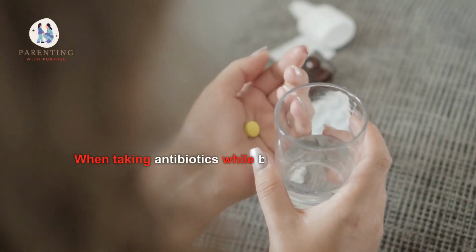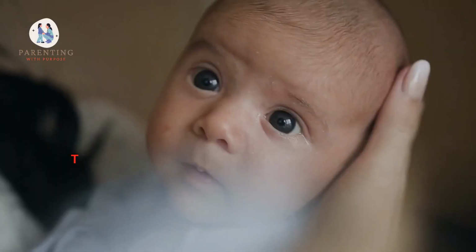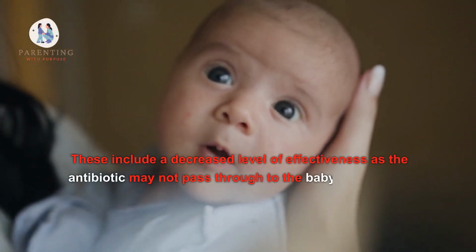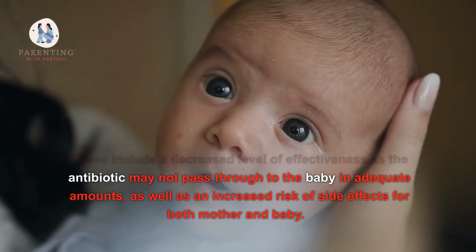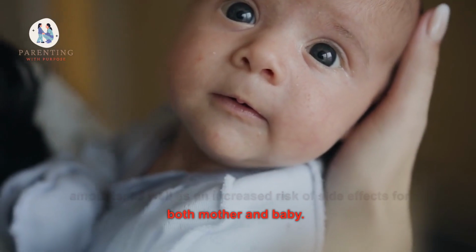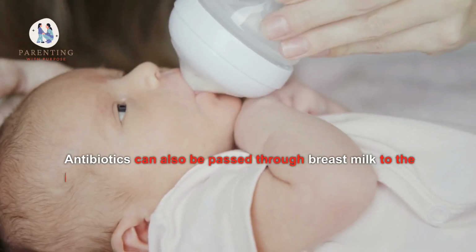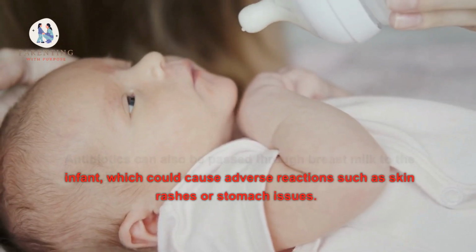When taking antibiotics while breastfeeding, there are several potential risks. These include a decreased level of effectiveness, as the antibiotic may not pass through to the baby in adequate amounts, as well as an increased risk of side effects for both mother and baby. Antibiotics can also be passed through breast milk to the infant, which could cause adverse reactions, such as skin rashes